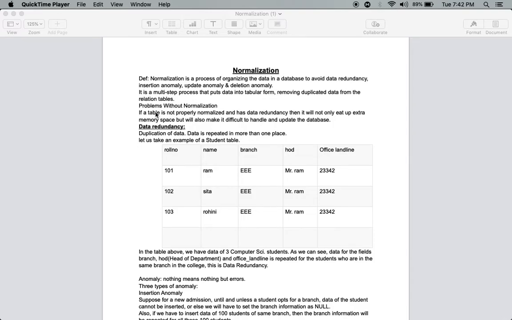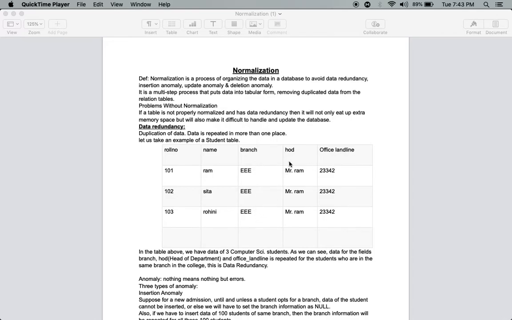Now, problems without normalization. If a table is not normalized and it has redundancy, what is redundancy? Repeated data is called redundancy. Now see this table. In this table the branch information, HOD information, landline information is repeated.